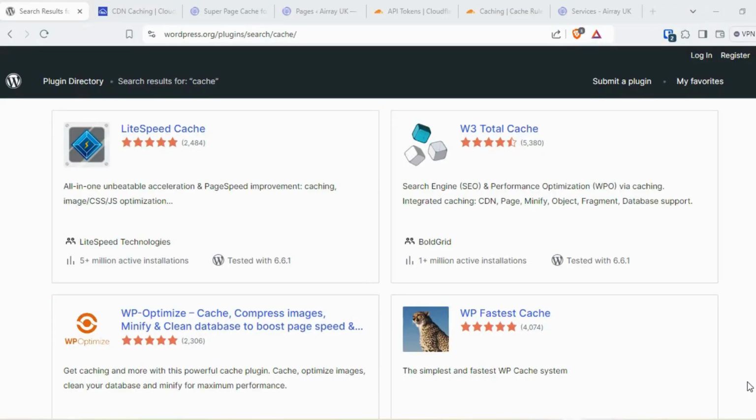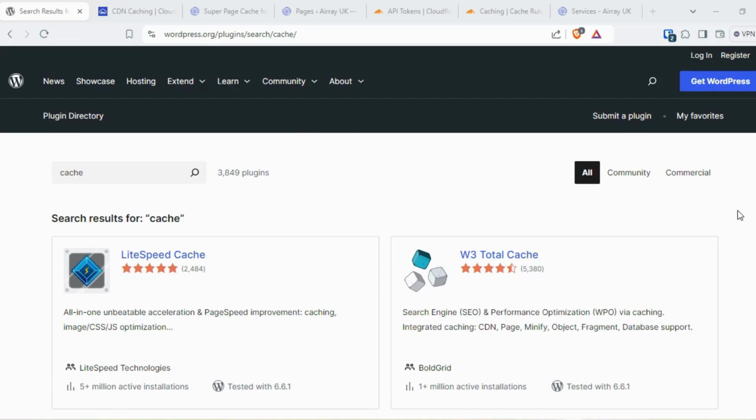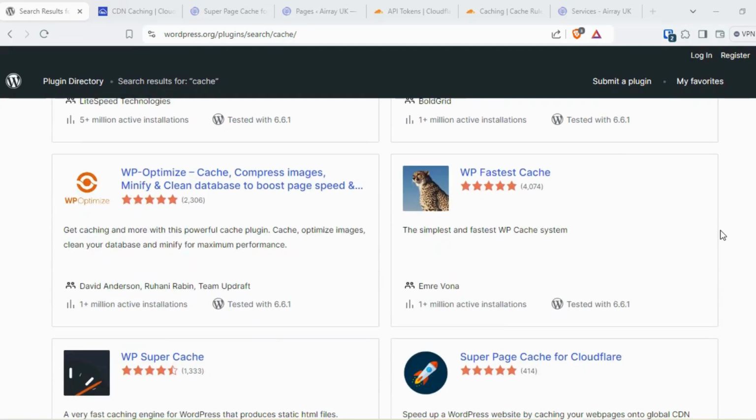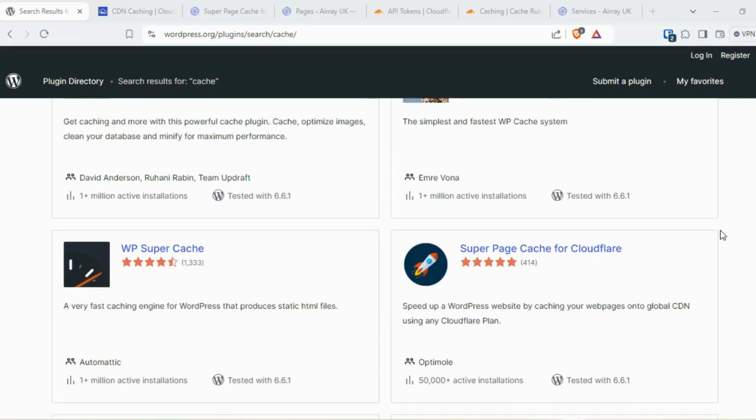Hi everyone. In this video I would like to share my experience with a WordPress cache plugin. So I was looking for a plugin possibly free of charge or not that expensive. So obviously I checked on the plugin repository on the WordPress site. There are many plugins. They all offer a free tier, and then you have to upgrade and pay more